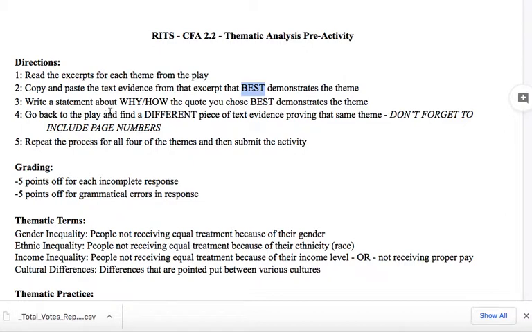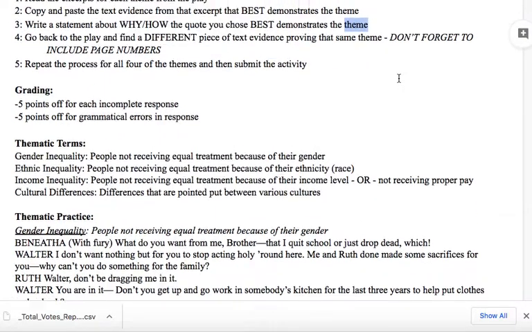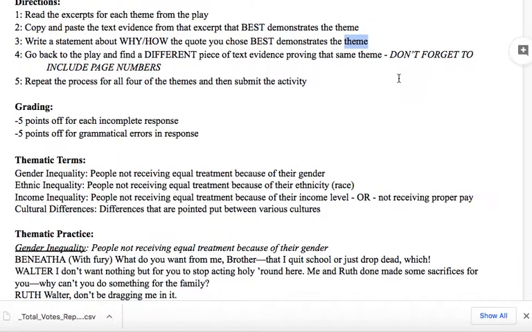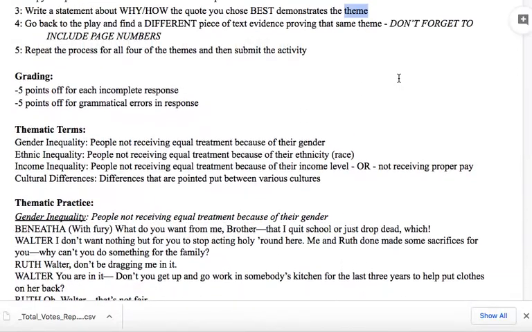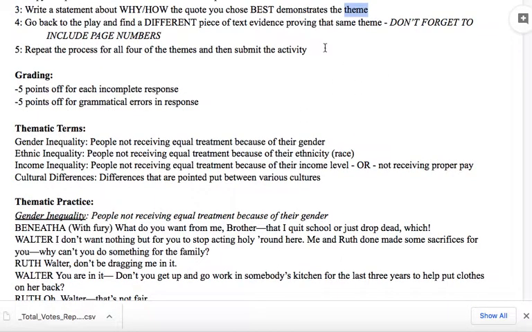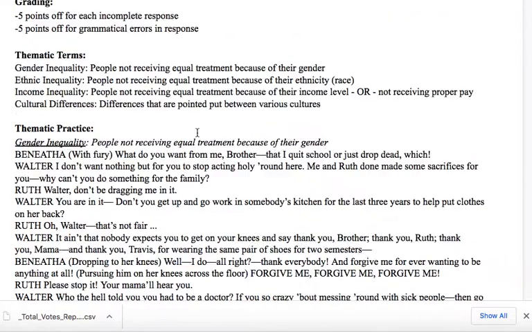Then you're going to write a statement about why and how the quote you chose best demonstrates that theme. After that, you are going to repeat that same process for all four of them, and then submit the document.